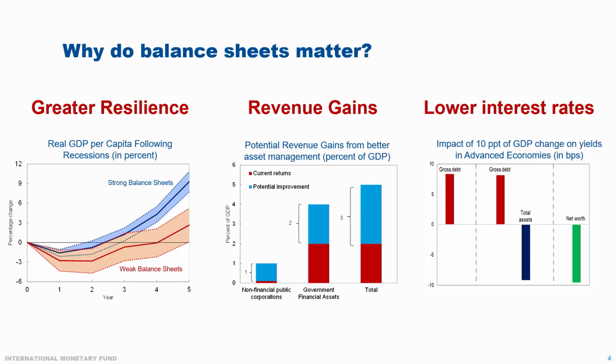Now, the last is that even if the numbers on balance sheets are uncertain, and we know there are valuation issues abounding, it's hard to do, we find that countries with stronger balance sheets pay lower yields on their debt. So it's recognised by the market, and if you're paying attention to what Bob's talking about, you get a good sense of why that might be. Intuitively, this makes sense. Norway, with a huge sovereign wealth fund, is going to pay less interest on its debt than a country with the same level of general government debt, because it's got a large asset that it can use. We find that a 10 percentage point improvement in net financial worth translates to a 10 basis point reduction in yields, holding everything else constant.